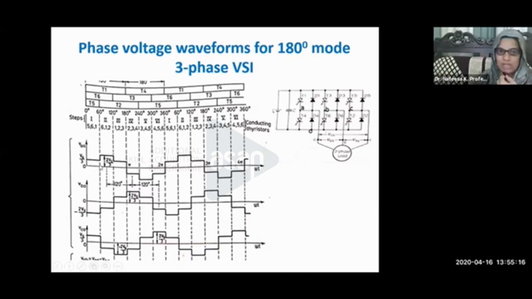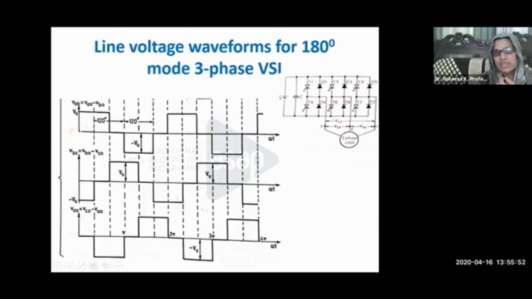After 120 degrees, this VBO cycle starts from here. And similarly, you will get the C phase voltage, that is VCO. After this point, after another 120 degrees, the next cycle starts, and the next wave, the C voltage, starts. These voltages are given to the stator of this induction motor, and this is the phase voltage waveform.